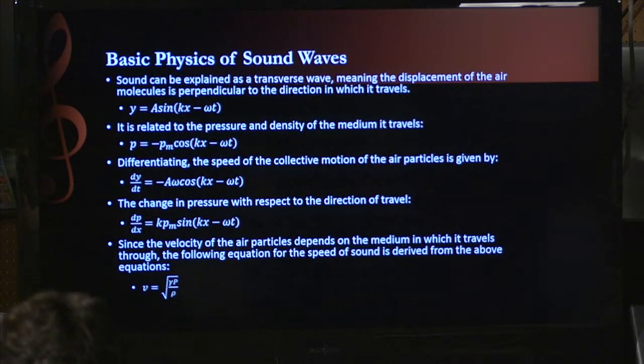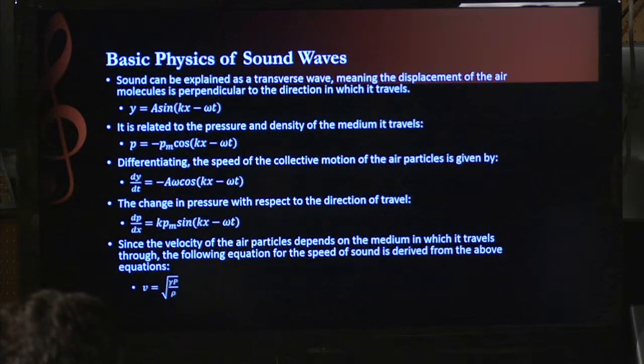So the basic physics of sound waves: they can be described as a longitudinal wave, meaning the displacement of the air molecules is in the direction in which it travels. So the sound that I'm projecting, the displacement of the air molecules is in this direction. And it can be related by the amplitude times the sine function of the wave number times x minus the angular frequency with respect to